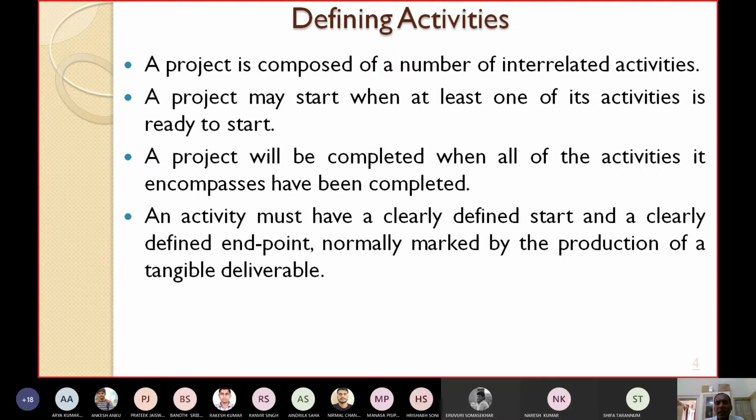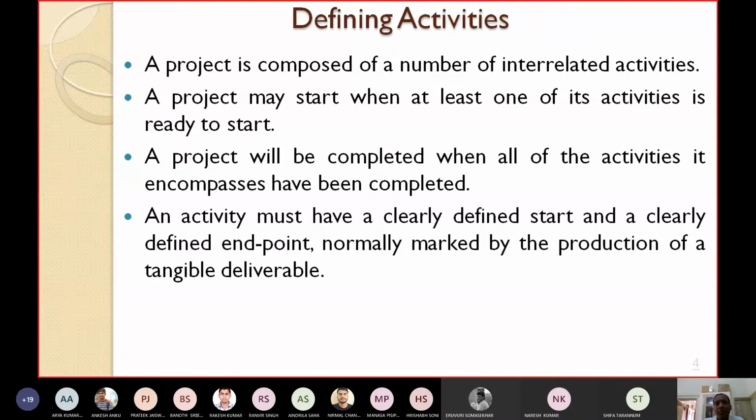Suppose the requirement analysis phase is over when the SRS document is produced. When the SRS document is produced, then only the design can start.